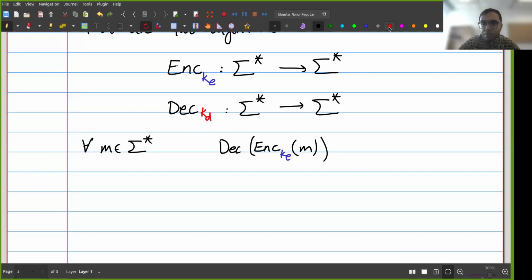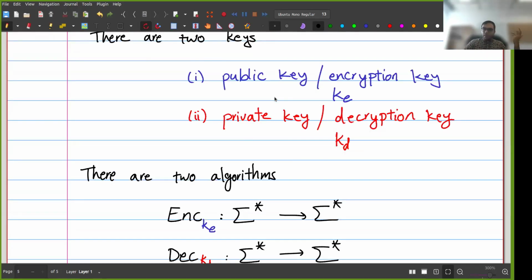And again, of course, I'm doing the decryption using the private key. I should get the same message M back. Okay. Now, the really important point here is that the public key, as the name suggests, is public, and the